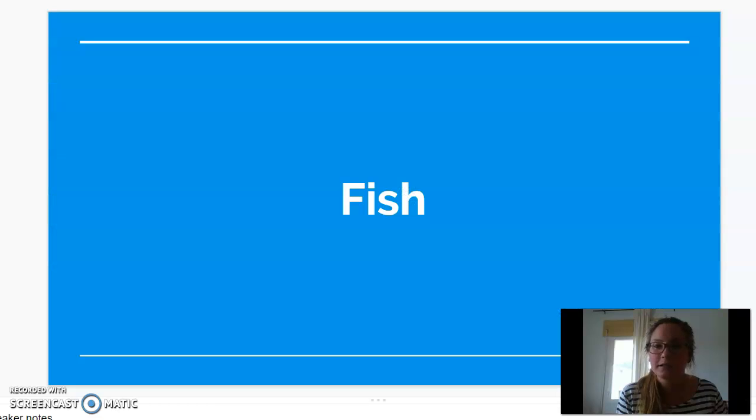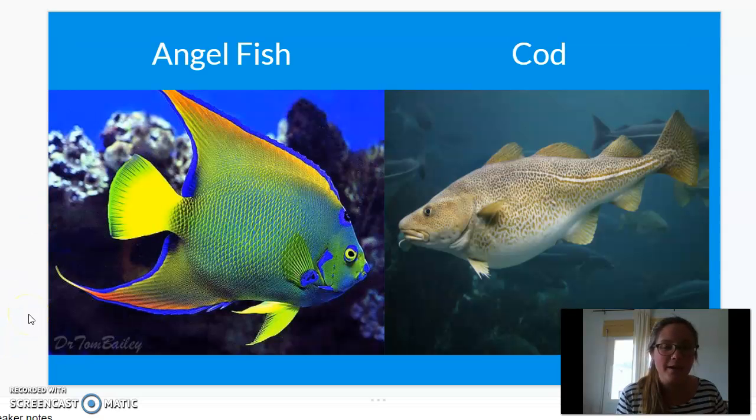Next, we have fish. Here are 2 examples of fish that have backbones. First is an angelfish. Next is a codfish. Both of these fish have backbones. All right,